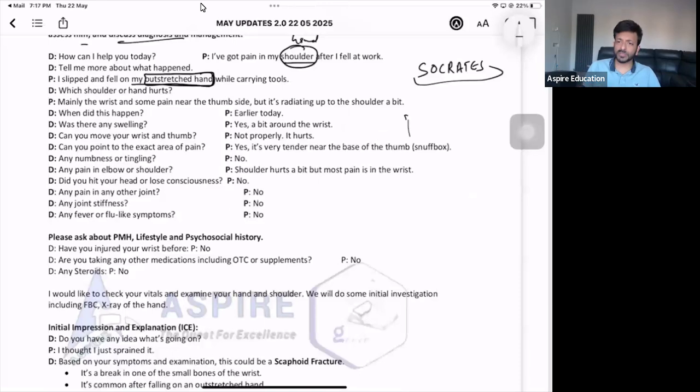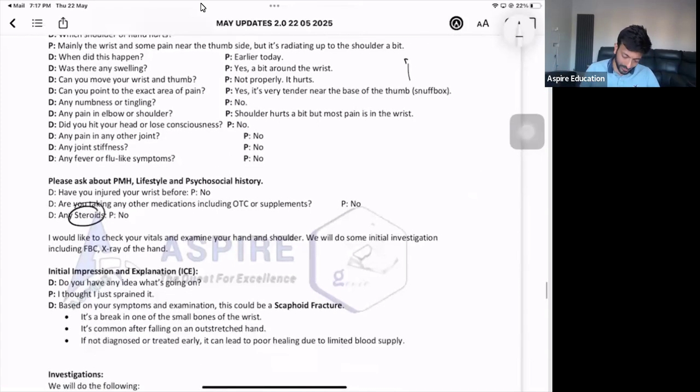And then you can take a quick past personal history as well. If the patient has been diagnosed with any medical condition, any bone-related problem, any medication he is taking, mainly steroid, for example, and quickly maybe smoking and all, because smoking will delay the healing of any bone, isn't it? So those questions you can ask, right? I would like to do general physical examination, vitals, and obviously the X-ray of the hand.